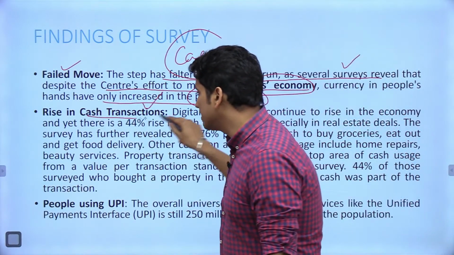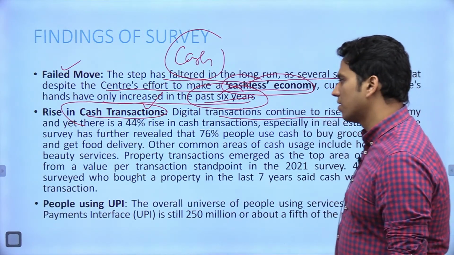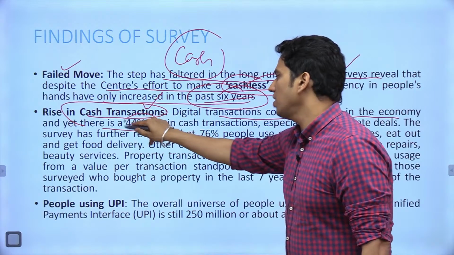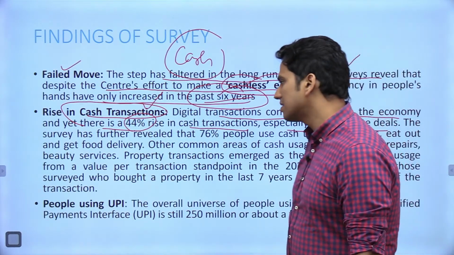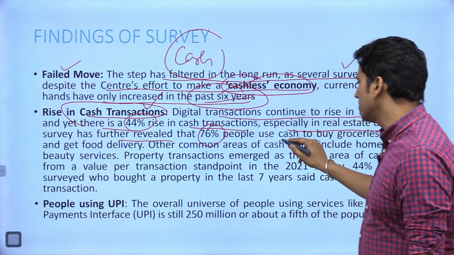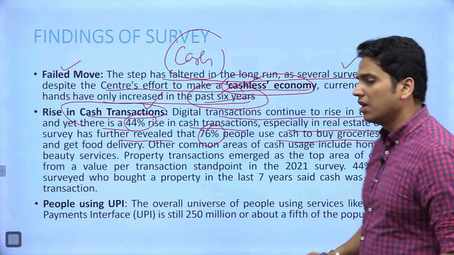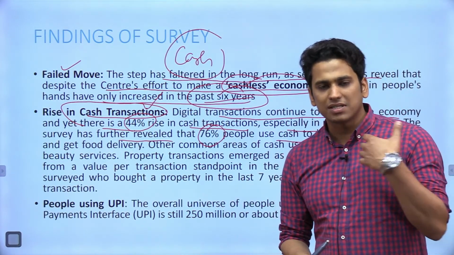As you can see, rise in cash transactions, digital transactions continue to rise in the economy, and yet there is 44% rise in cash transactions, especially in real estate deals. The survey has further revealed that 76% people use cash to buy groceries. Now this is very very important. This fact is very very important because it is continuously saying